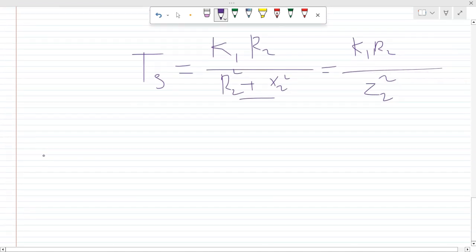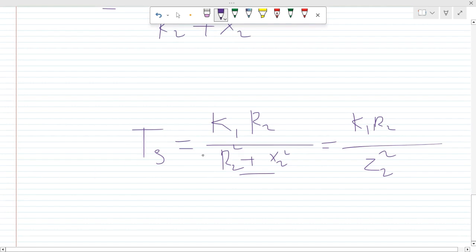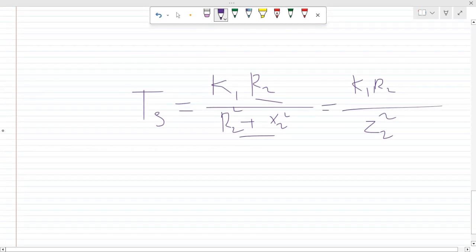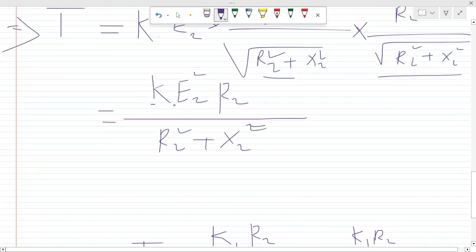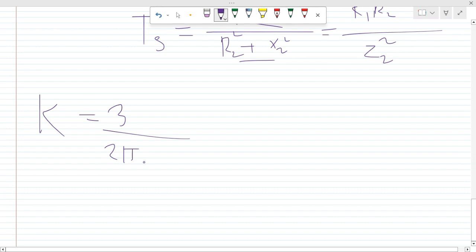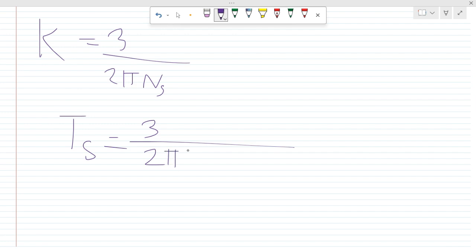and so it is clear that the magnitude of starting torque would depend upon the relative value of R2 and X2, that is rotor resistance per phase and standstill rotor reactance per phase. So it can be shown that this K, I can write that K is equal to 3 by 2 pi ns. Here ns is the synchronous speed. Okay, so if I put this value in the starting torque equation, we can write 3 by 2 pi ns